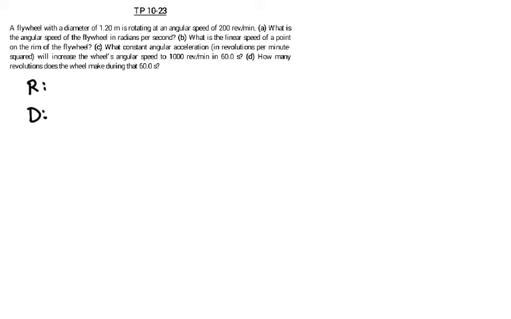All right, so as we get into this problem, we have first our read step, and we can see that we have some important aspects of our rotating disc here, our flywheel. We have a diameter, we know what its angular speed is, and the rest of the given information will come out through parts A through D. So I can see that when I want to find my angular speed in radians per second, I'll need to do some conversions, but from this I can see that I have definitely some rotation,